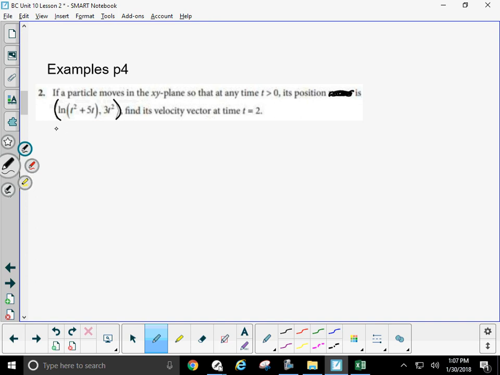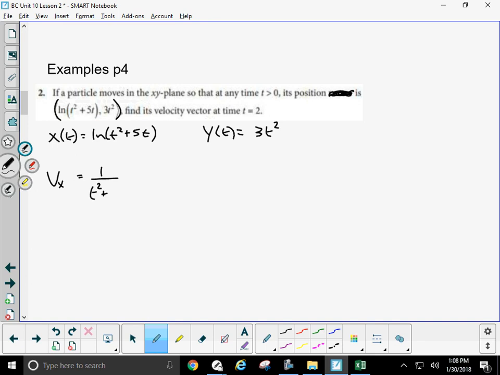All I would do, understanding that this would be my expression for x of t, and this being my expression for y of t, is take the derivatives of both of them, giving me a v sub x of t,